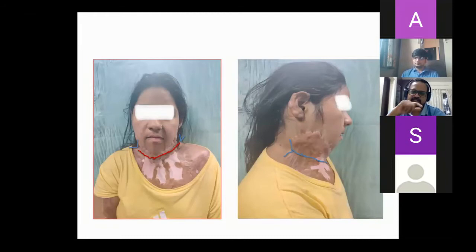Let us say that this is a case that she's a 1 year old. She's having this problem since 1 year old. How do you classify this contracture? Which category do you put this contracture? Sir, class 2. What is class 2? Class 2 is range of motion is restricted, but upward gaze is present. Which classification is it?